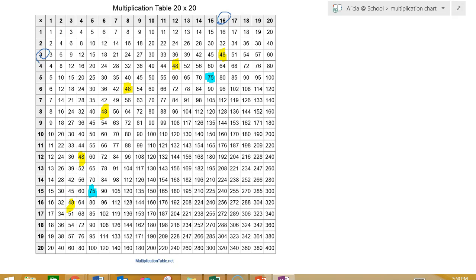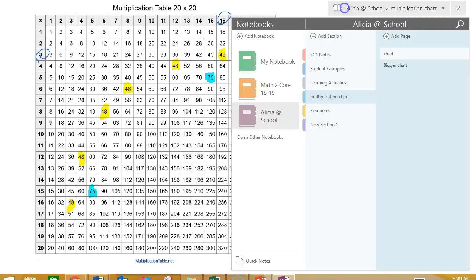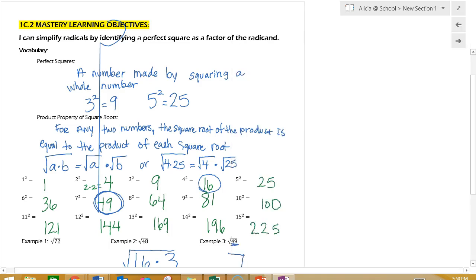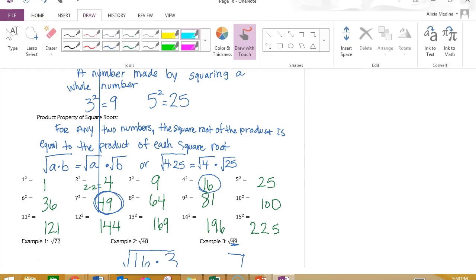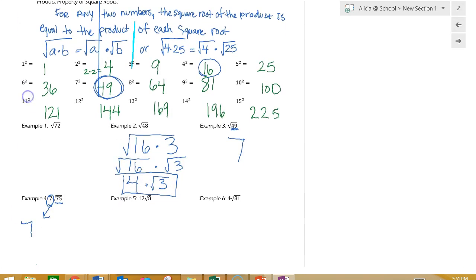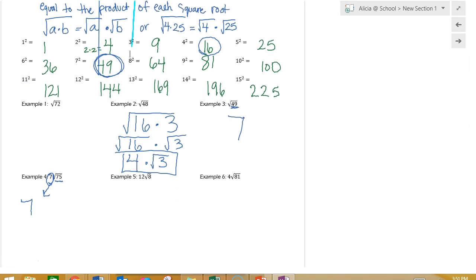So in case that ever happens, what you can do then is go back to our perfect square list. And you look at those perfect squares. If I'm trying to break up the number 75, what would be the best thing to do then is to look at all these perfect squares and divide them